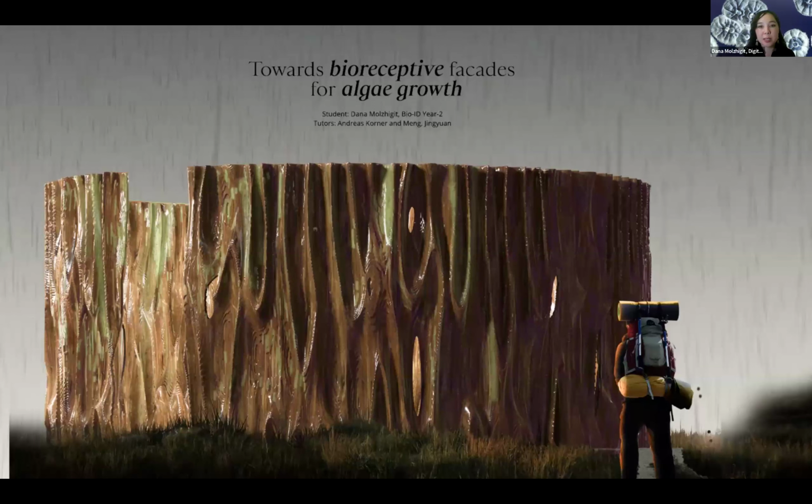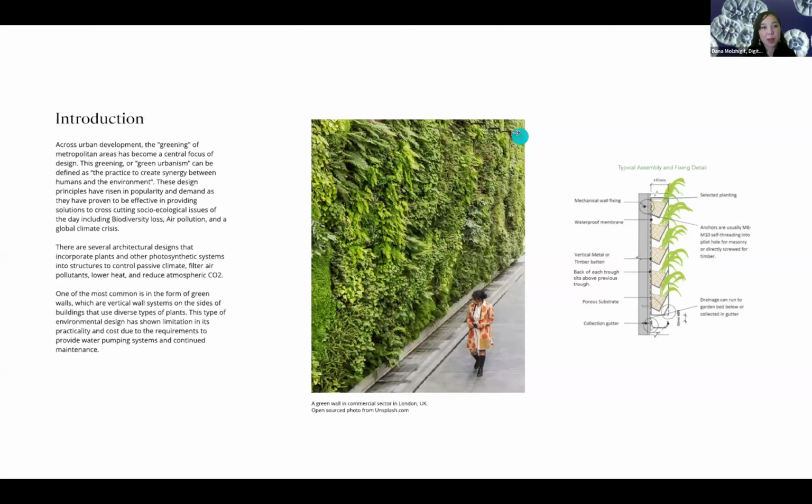This is Towards Bioreceptive Facades for Algae Growth, one of my master's projects at the Bartlett School of Architecture. I created a system of panels to enhance algae growth in urban spaces. As you know, in urban development, the greening of metropolitan areas has become a central focus of design,